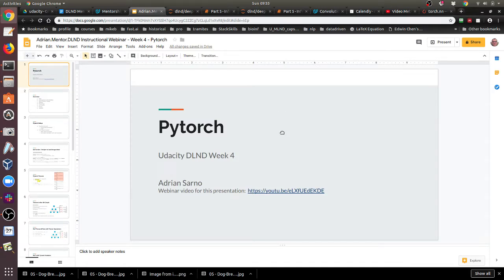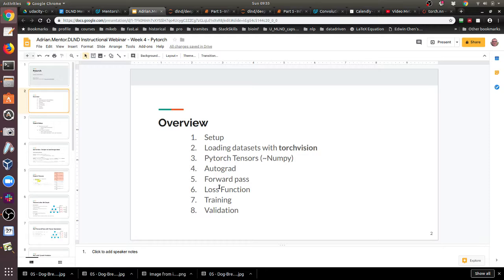So, this is the webinar for PyTorch. This is the framework that we are going to use for the rest of the nanodegree. I have prepared a bunch of slides and I'm going to have to go over the slides mostly because there is no time to go too much into code. But if I can, I'll go into some of the links to show you how it works in the